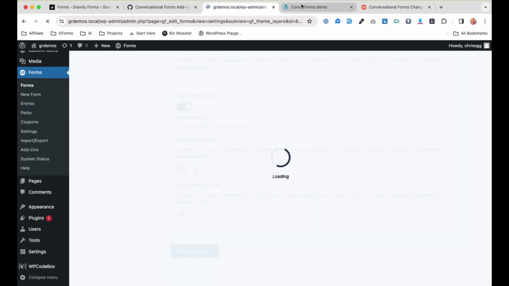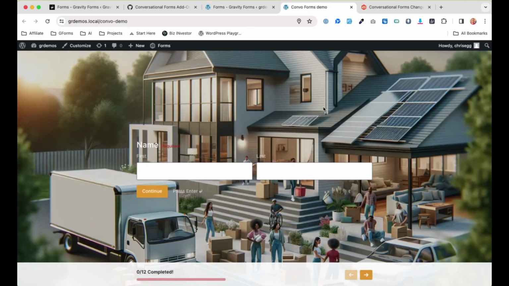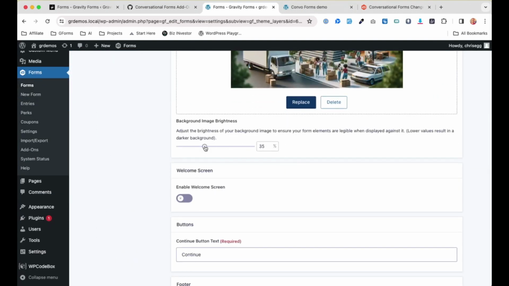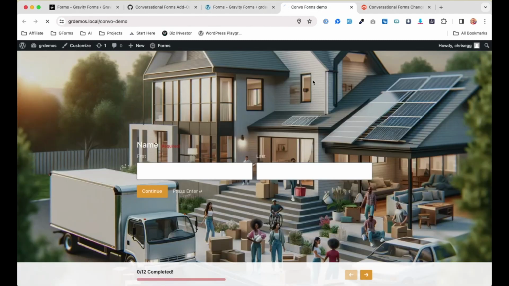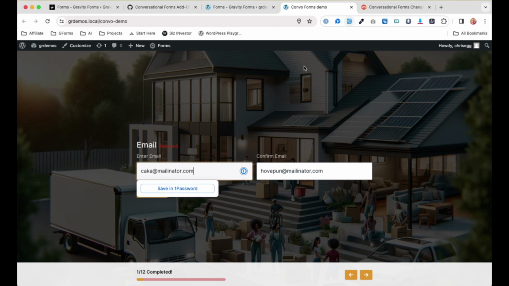I can change the layout if I want. And you can see this layout where the fields are right on top of the background image. So in this case, we want that background image to not be so apparent. But yeah, so conversational forms are really, really nice with Gravity Forms with this new add-on,